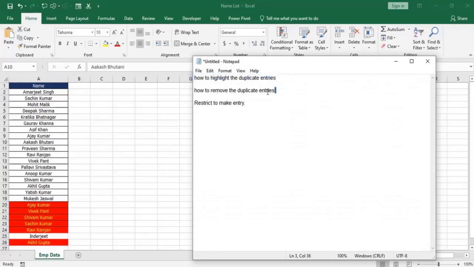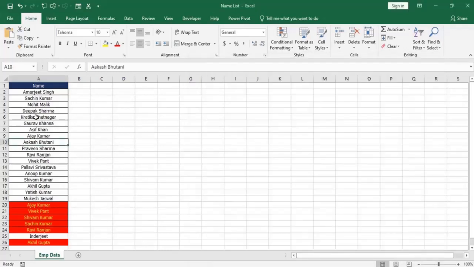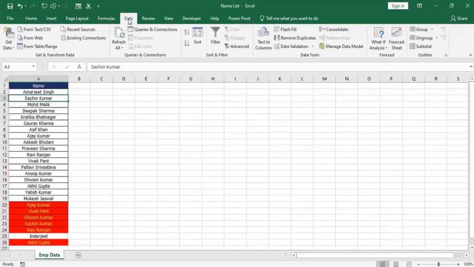Now we will see how to remove the duplicate entries. In order to remove the duplicate entries, just put your cursor anywhere in the data. In the Data tab, you can see the option Remove Duplicates.